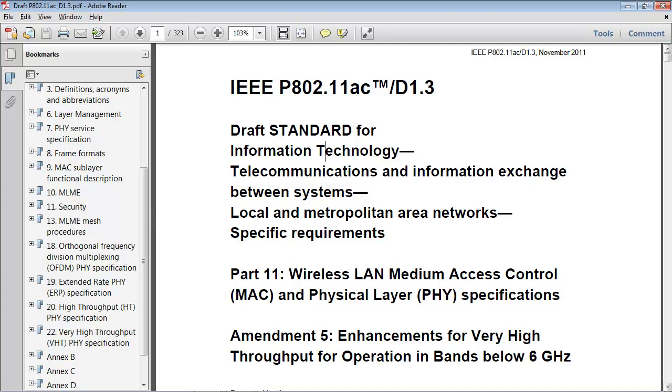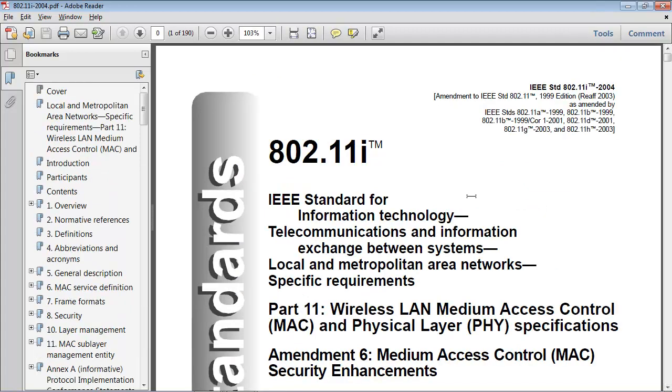Now let's switch over and take a look at a ratified amendment. Now here we're looking at 802.11i. Notice it's back to saying IEEE standard. The big difference is instead of just saying Part 11, you can see right here it says it's an Amendment 6 to the MAC security enhancements. And so you can tell the difference quickly between the primary standard and the amendment.